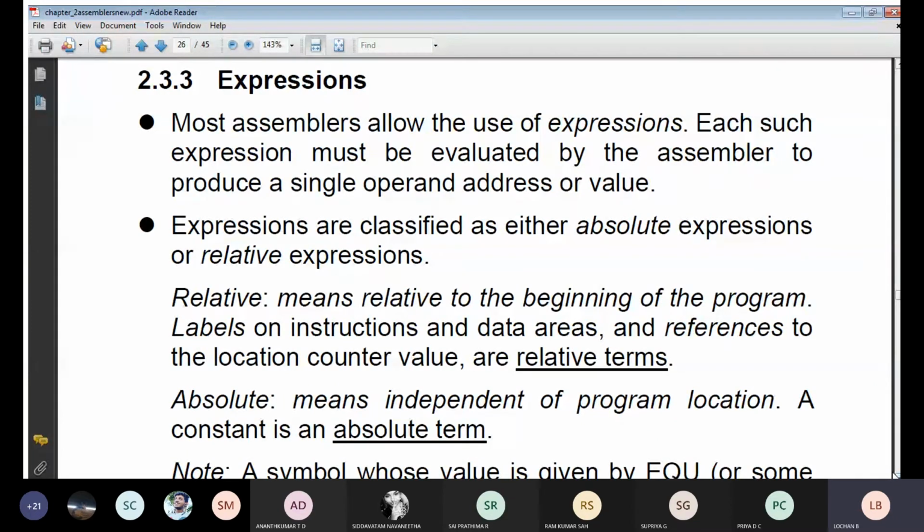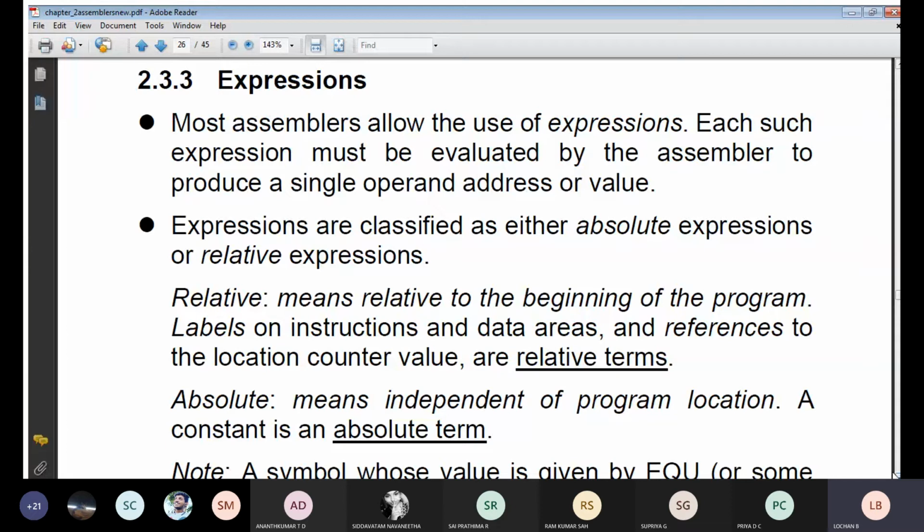If you see a, only one term, one value, has been taken. Like that, if you take a, b, it will be binary. Next, if you take a, b, c, that is ternary. So we will be concentrating only on single values. For example, I'll take the a value and assign the address. I will not take the b value. It will operate only with respect to the single operand address. Whenever it takes a plus b plus c, all those things, we will be looking at the other part of an expression. We will be discussing that later.